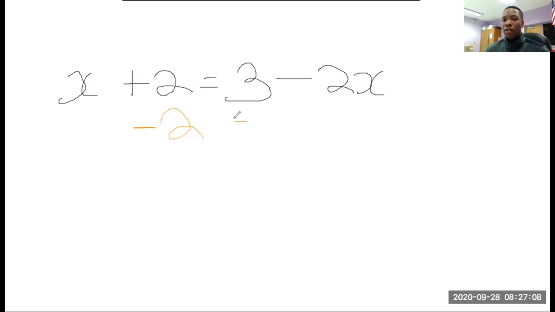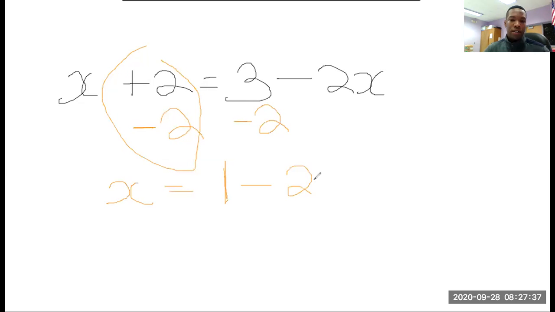And whatever I do on one side, I have to do it on the other side. I wouldn't put minus 2 underneath the minus 2x because that's a completely different term. That right there is just an x. That's an x term, so I can't add my 2 to that because they're two different terms. So again, this right here is 0. 2 minus 2 is 0. So I'm left with x equals 3 minus 2 is 1